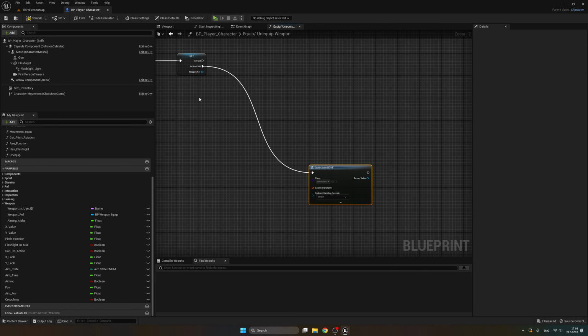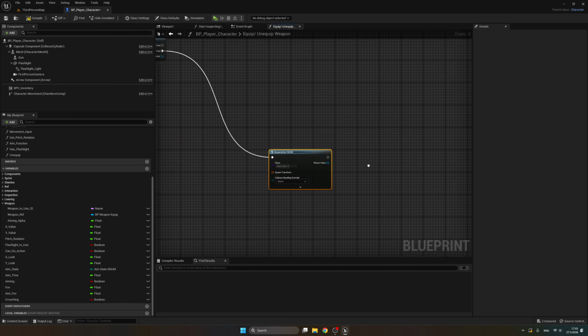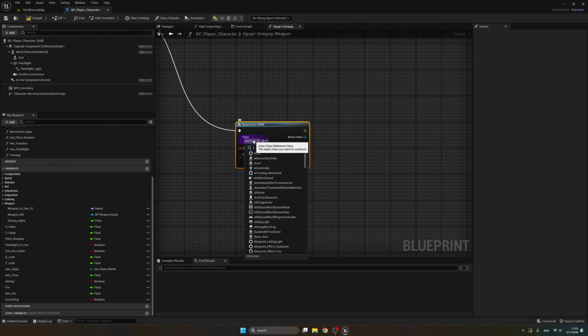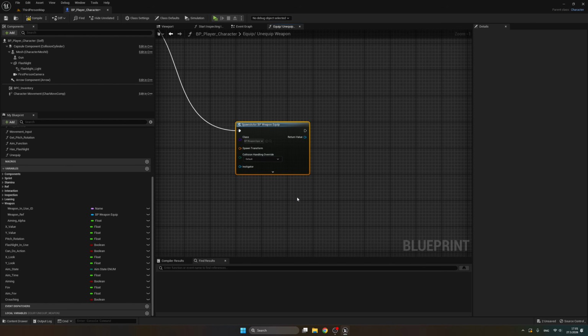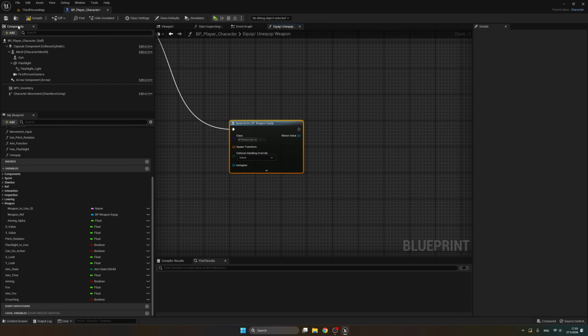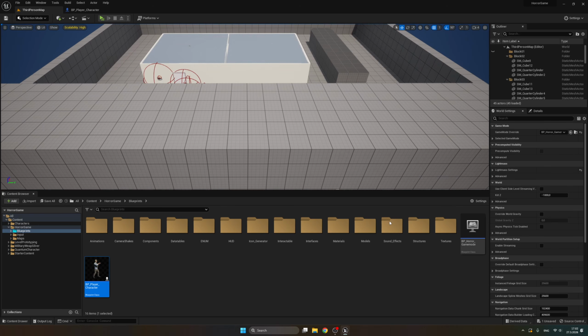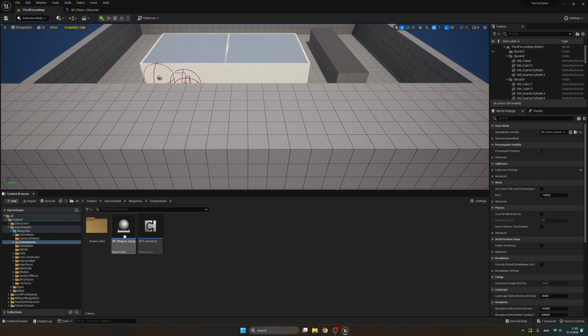So we will actually spawn the weapon. And this variable class, this actor class will be BB weapon equip, like this. Let's compile, save, and let's leave it like that for now. Let's go back to our third-person map, and let's go to the components and to the BB weapon